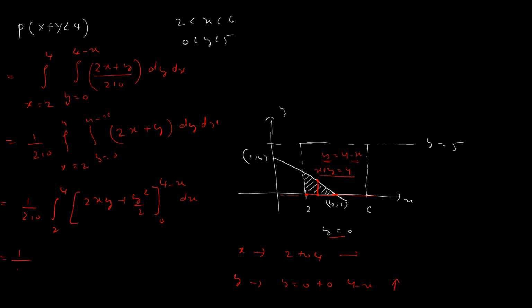So you will get 1 by 210, integral from 2 to 4, of 2 into x into (4 minus x), because the limit is only for y, plus (4 minus x) whole square by 2. This whole term is left to integrate with respect to x. So just simplify this and integrate. The answer I have written here is 2 by 35. You check it out. All right. If there is any doubt in this particular portion,